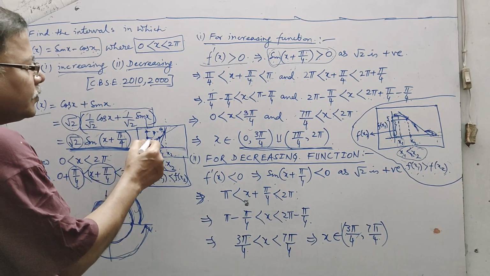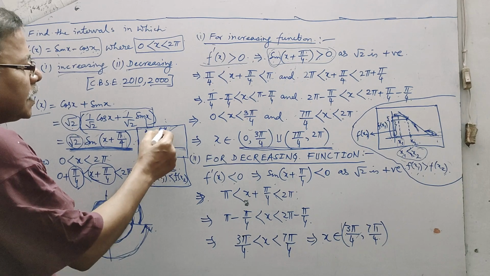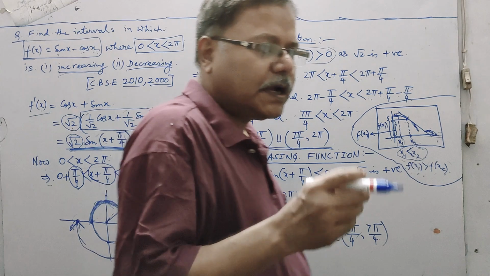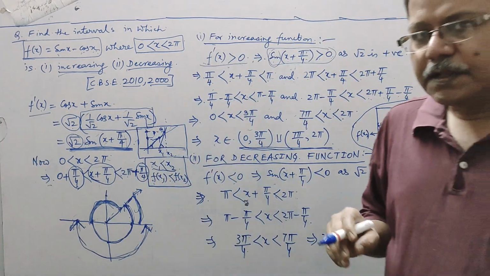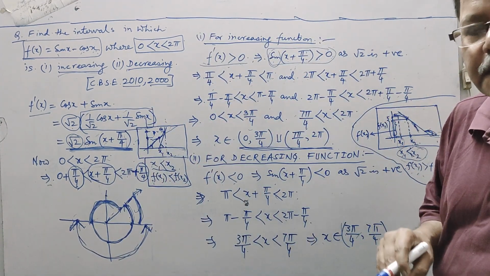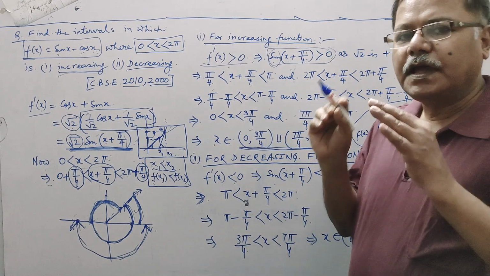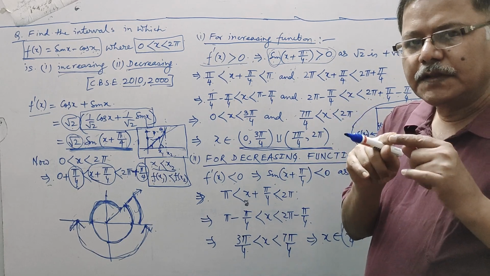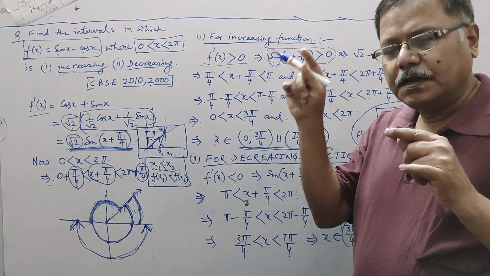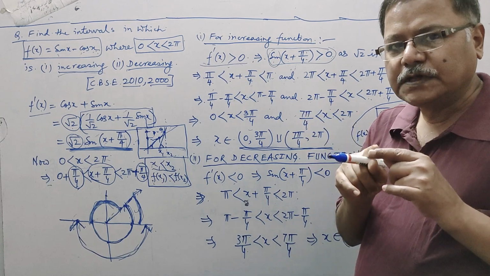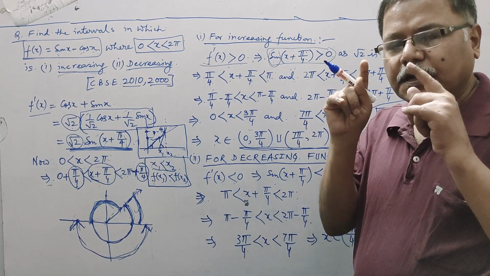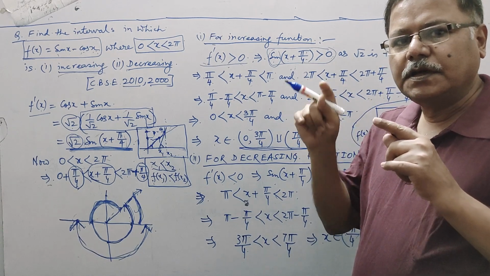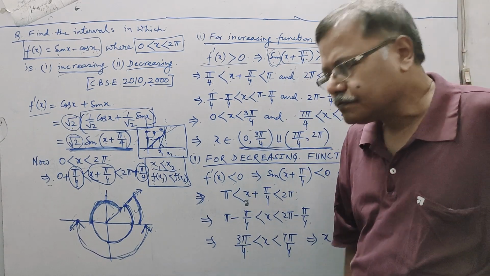Means if we keep on moving along this curve and draw any tangent at any point, we find that the slope of that tangent is always greater than 0. That means dy/dx is always greater than 0. That means f'(x) is always greater than 0. So the connection between the increasing function and dy/dx is, if any function is increasing, then the corresponding dy/dx found at any point along the curve will always be positive.